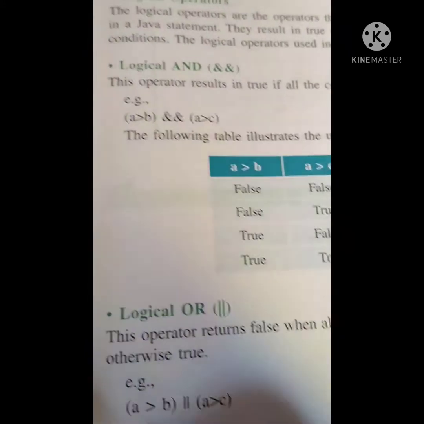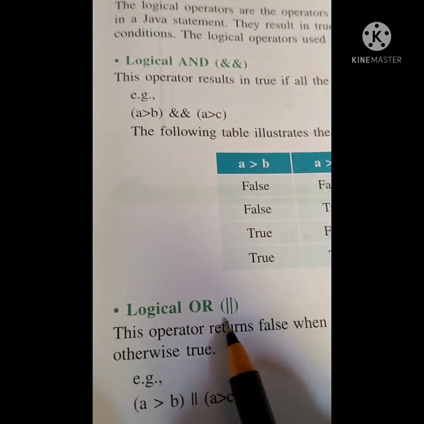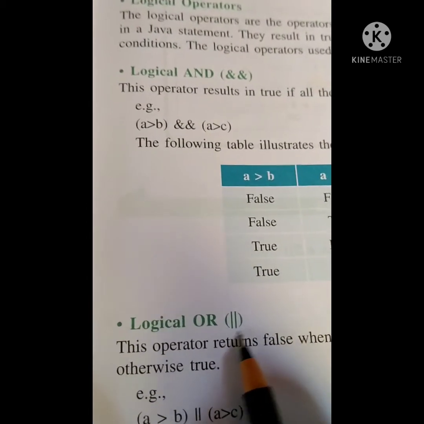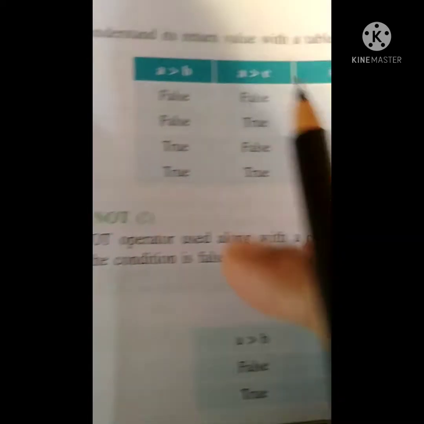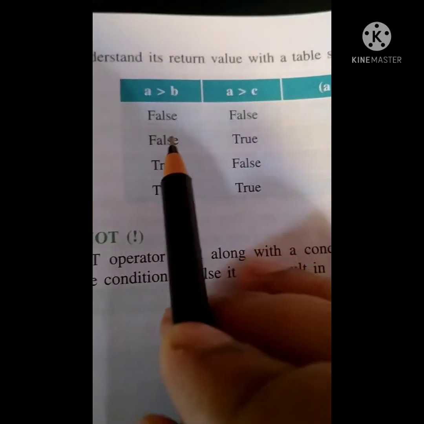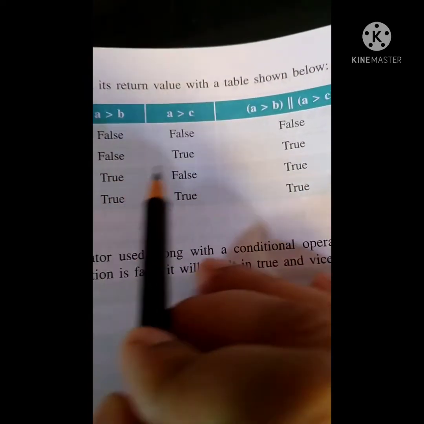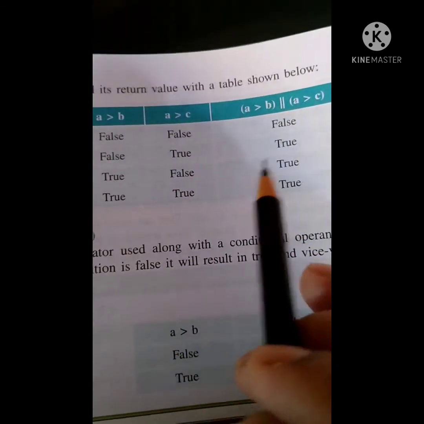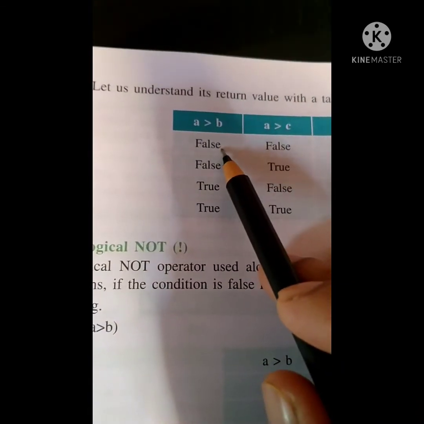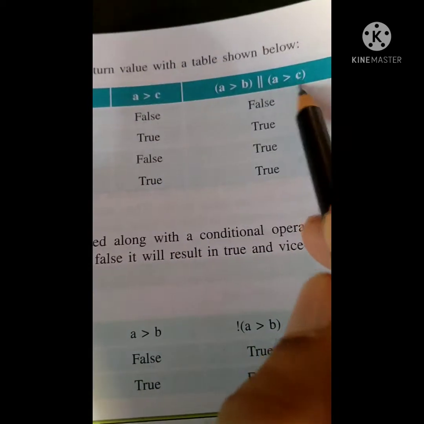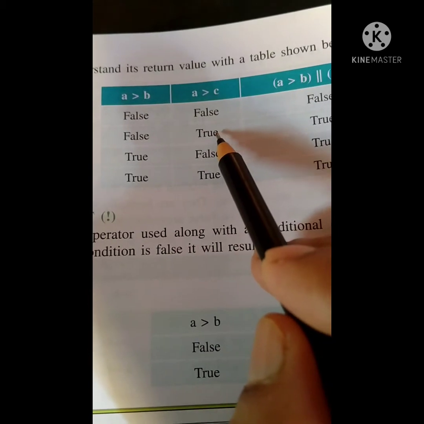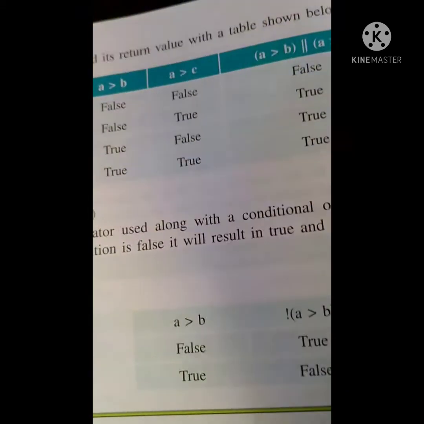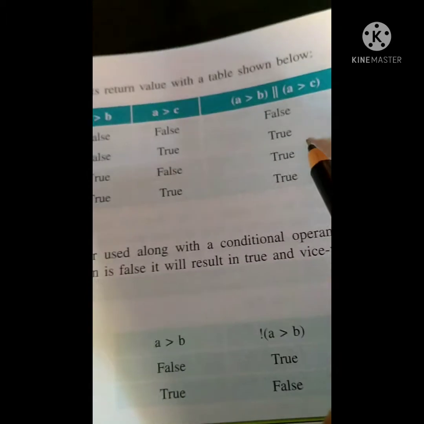So we have to understand the instruction in the program. The pipeline symbol is used to show the logical OR. In the chart it is given false false false, false true true, true false true, true true true. Only if both conditions are false, then it will be false; otherwise, if any one condition is fulfilled, if one is going to bring the chalk, then also good.